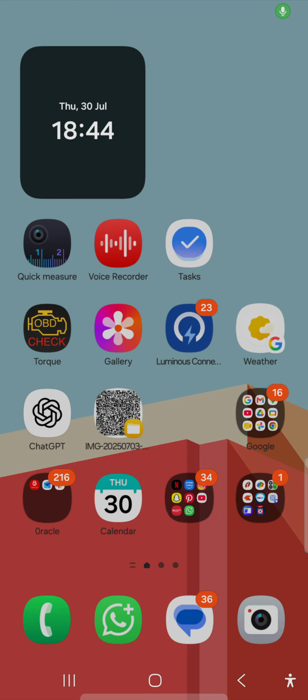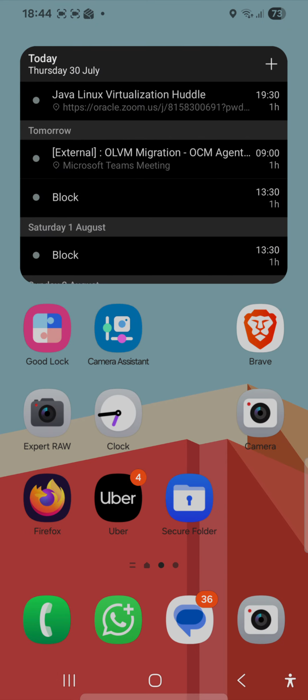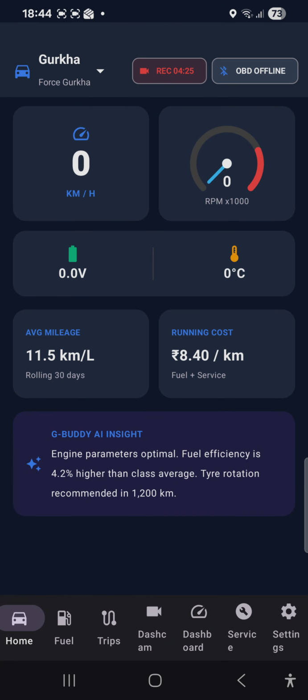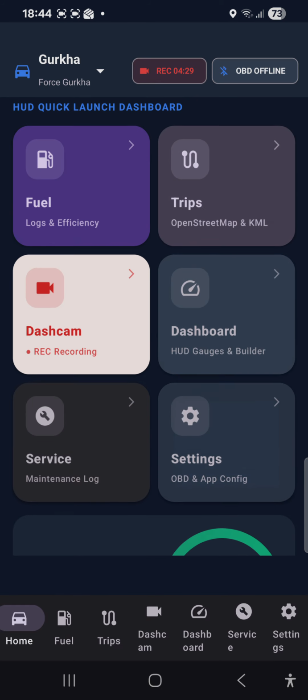Right, so this is the first recording for a demo of the working app. Most of the features in the app are now working. So here is GBuddy. This is my buddy app for my Gurkha. This app can already handle